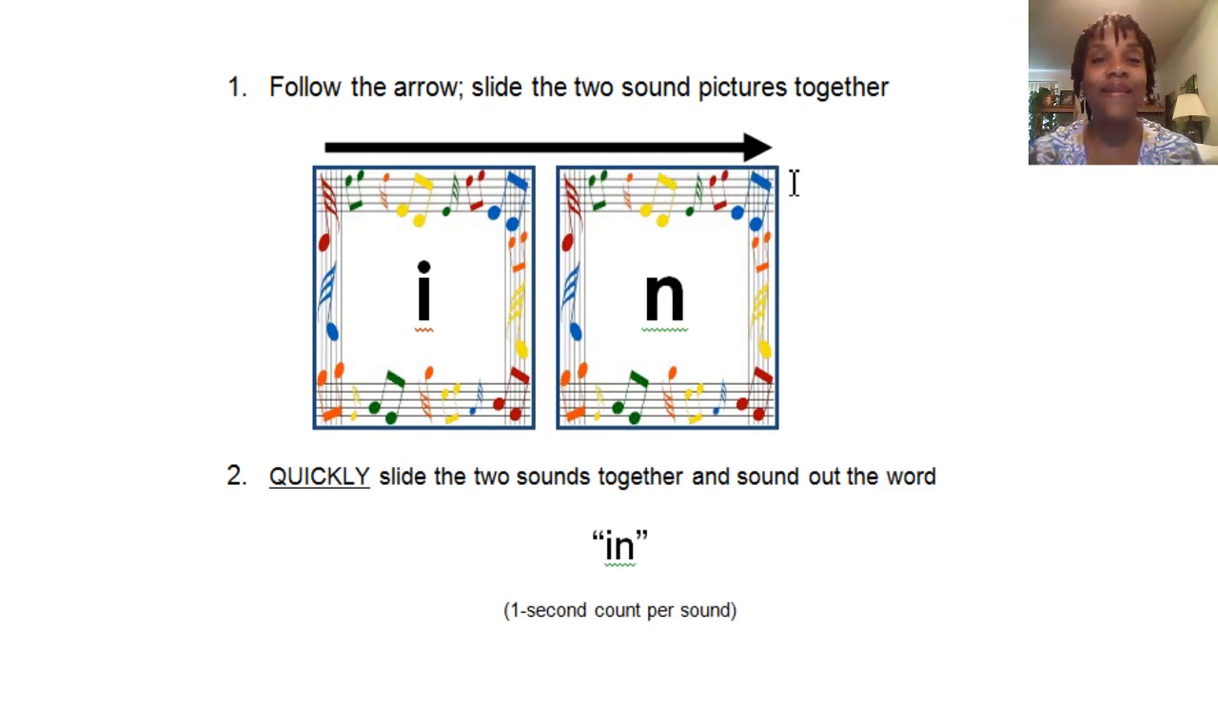Did you see that? All right, let's do it together. 1, 2, 3, go. Now, did you hear how smooth that was? It wasn't jerky, right? Good job. All right, now pretend that you're a superhero again, your favorite superhero, and we're gonna slide these two